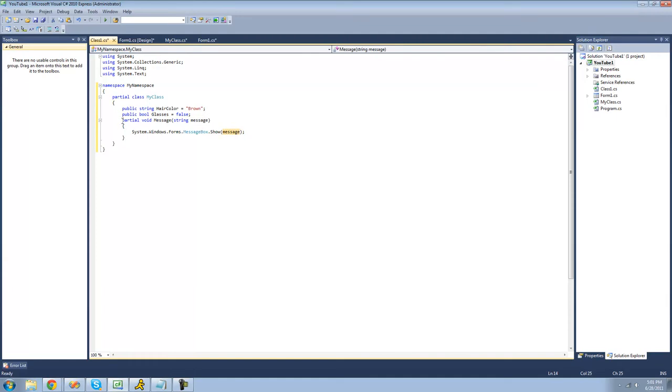However, you cannot put access modifiers on partial methods, so we can only use this method inside of this class. But we could create another public method that will display this message to the user. So we can have it call this void right here, and then display the message to the user. So we'll just say message, we'll call this void,